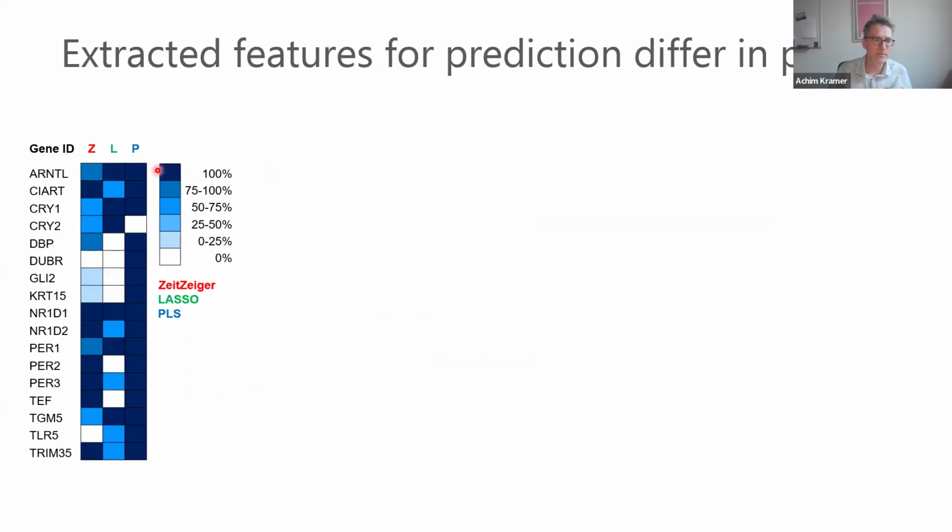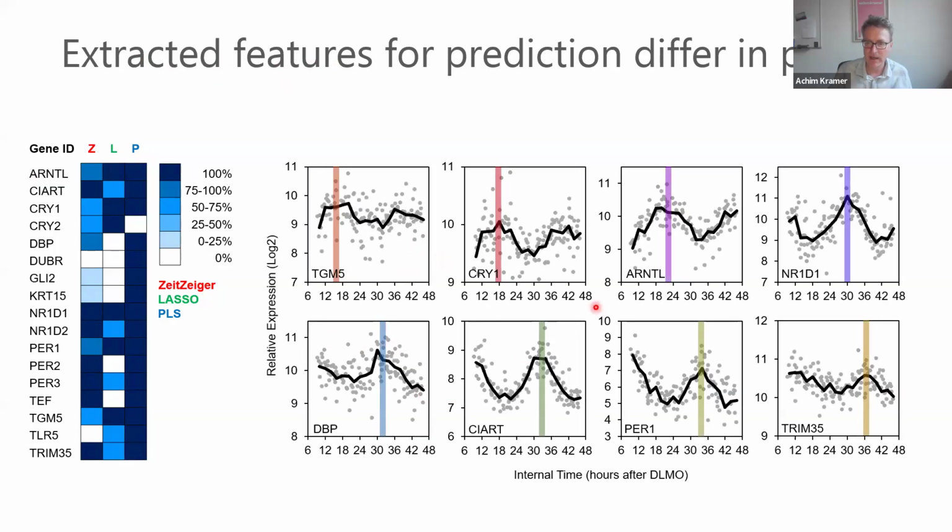And then algorithms like ZeitZeiger, Lasso, or partial least squares extracted those genes which are best predictable for the timestamp. And this color code means, for example, all the Lasso models identified Arntl as a good feature, and so on. I can just show you a few. So this is Arntl, also called BMAL1, and these are the 14 times 13 data points from 13 people, 14 data points each, and you see